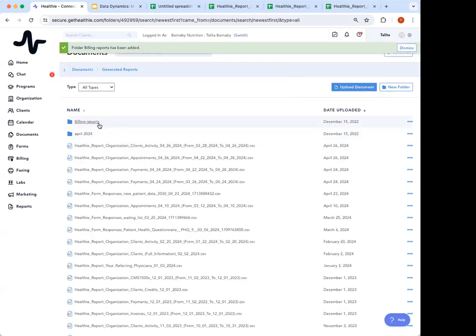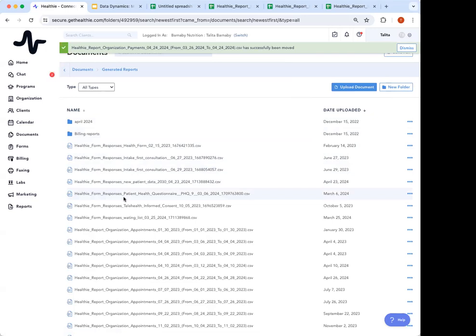I want to have a folder where we have billing reports, right? So everything relating to payments. Also, you can click and drag. This is a nice feature, you can just move them. I can